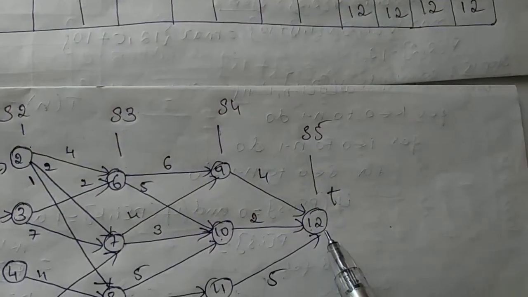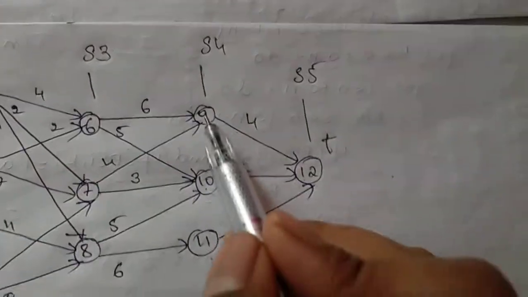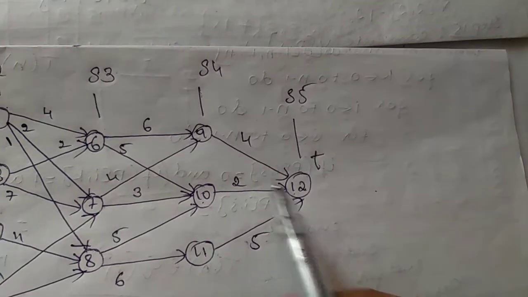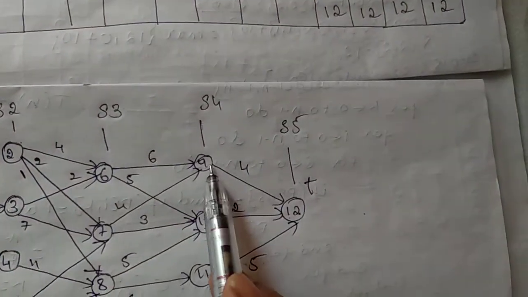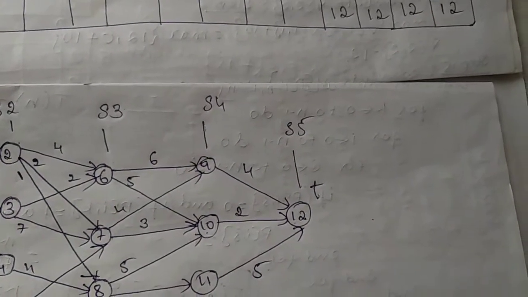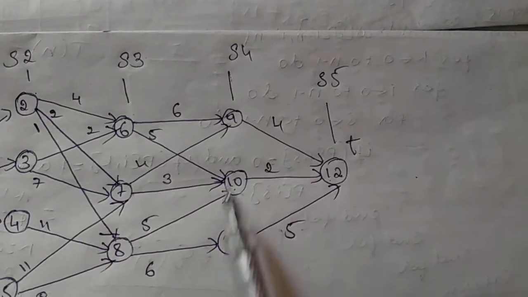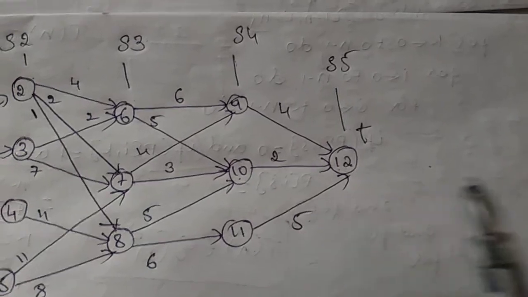This is the destination, it is not going anywhere, there is no cost, so I have taken 0. These vertices go directly to the destination, not to other vertices, so I am taking the cost directly. That is 4, 2 and 5. If these vertices were going to some other vertex, then you would have to apply the formula. That I will come to in the next stage, that is stage 3. Next, after this 4th stage, what is there? The 3rd stage is there.